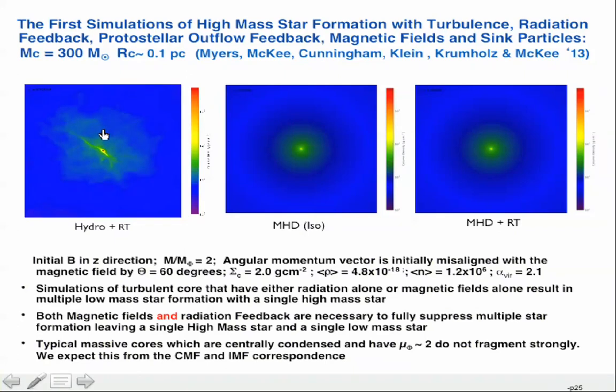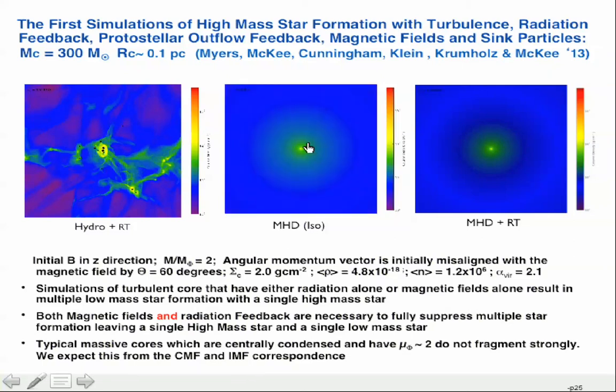First, without the magnetic fields, there's a lot of evolution that took place. I'm showing a point. You can't really see it because this is orders of magnitude in scale from where the high mass stars form. And you'll note that we get a cluster of low mass stars accompanying it. And these filaments are relatively thin and they collapse efficiently to form these cores that go to stars. If I now go to the case without radiation and just look at the effects of the magnetic field, both of these cases suppress low mass star formation, but not enough. We again end up with a low mass cluster and a high mass star.